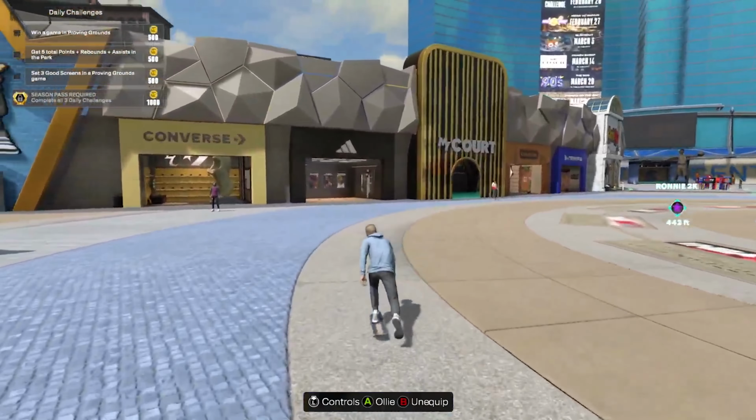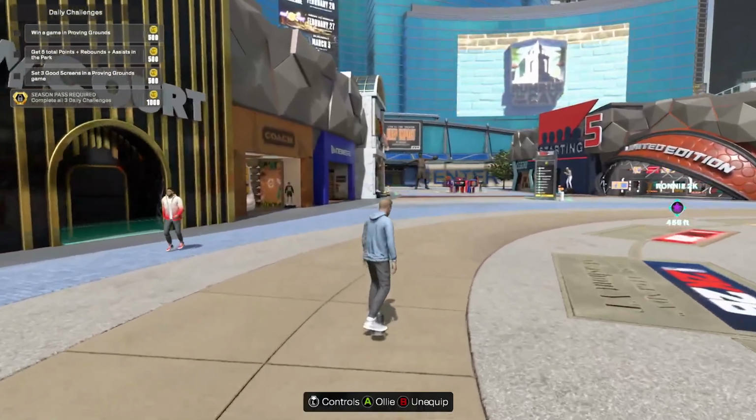In this guide, I'm going to show you how you can create a custom jump shot here in myCareer in